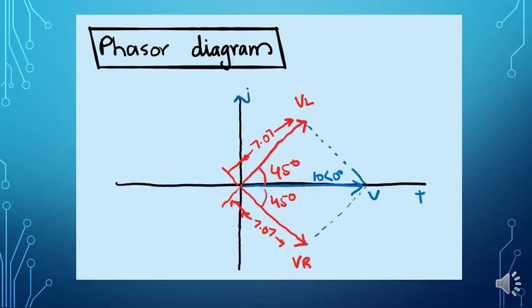Similarly, the phasor diagram can be drawn using voltages. VL has a value of 7.07 with positive 45 degrees. Similarly, VR has an amplitude of 7.07 with negative 45 degrees. So we will plot VR on the negative side, and VL we will plot on the positive side. And this is our input, having 0 degrees angle. This was the given voltage.